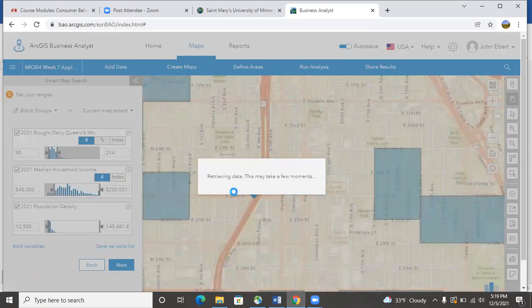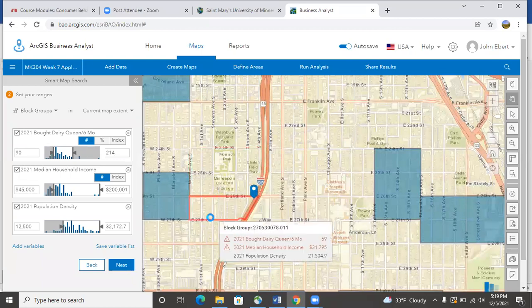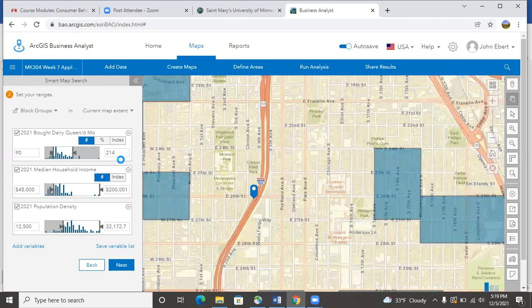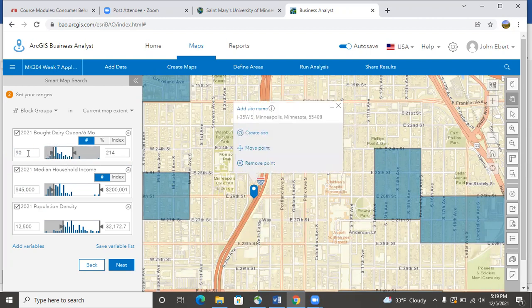Okay. So this might do an auto zoom in for you. We'll have to zoom out and probably reset our parameters again, because anytime we zoom in or out, you can see that the numbers changed over here, at least for my people who bought DQ. My other parameters didn't, but